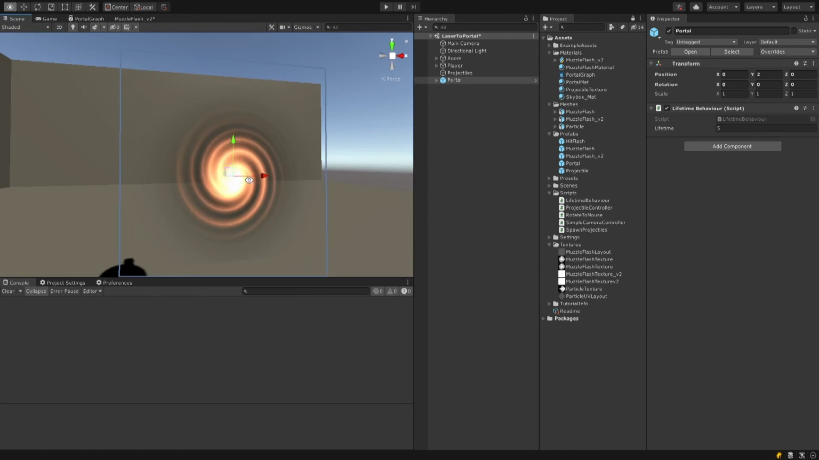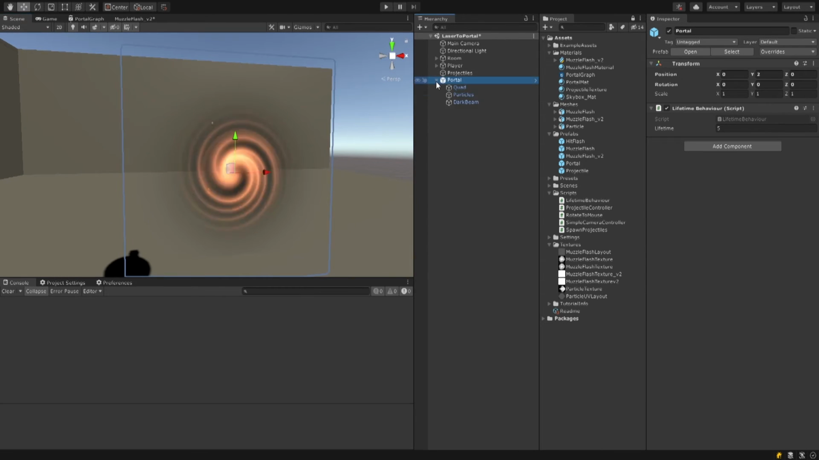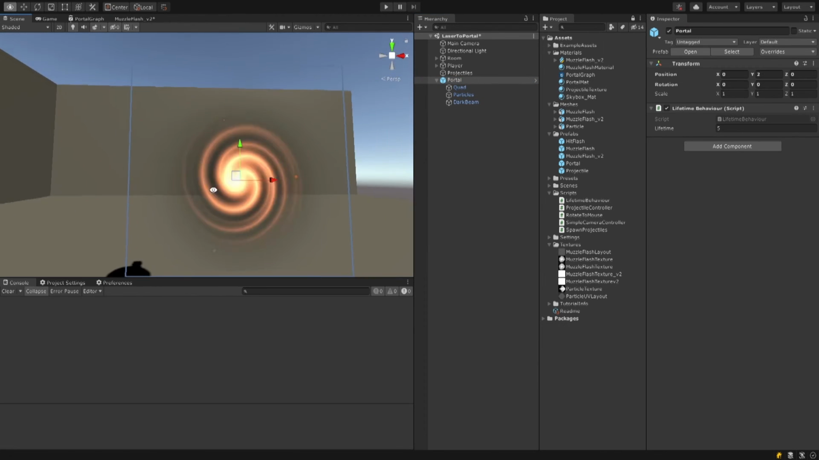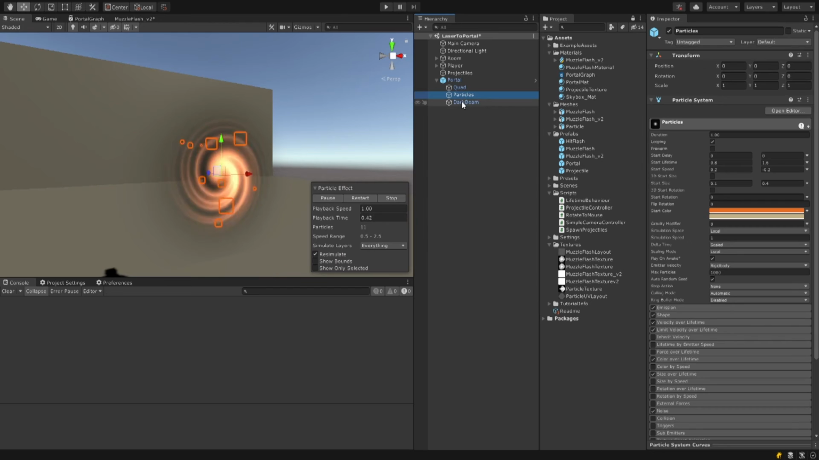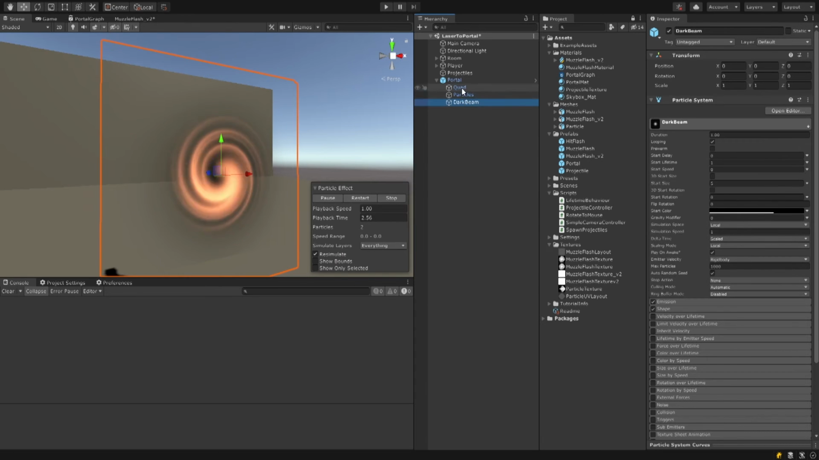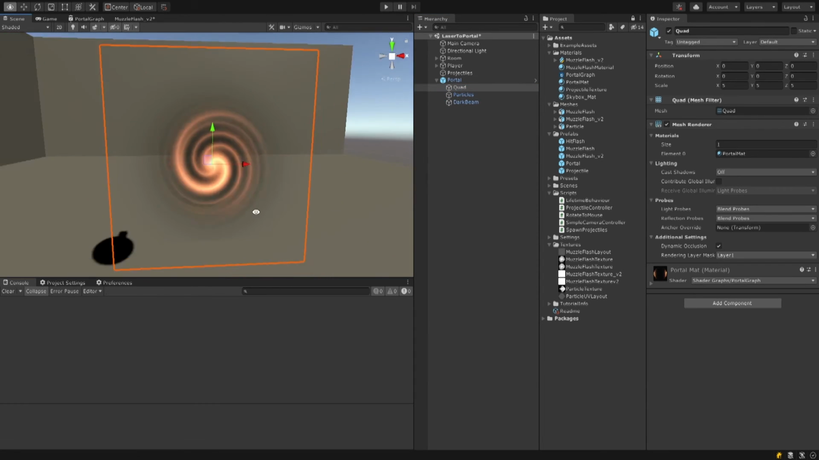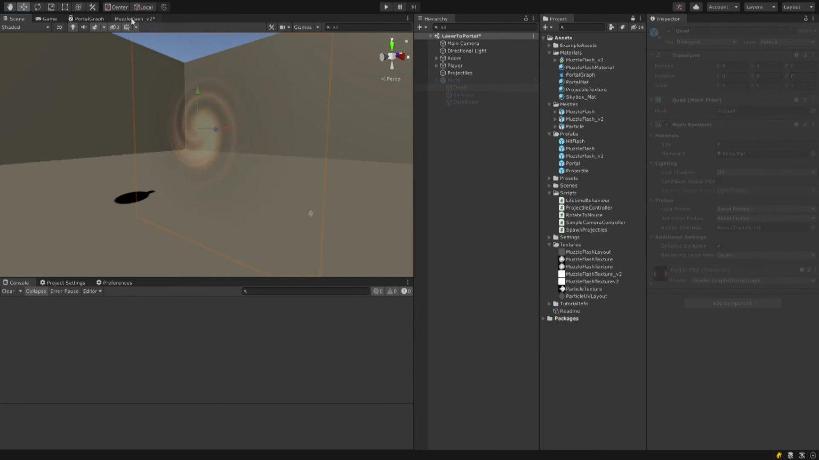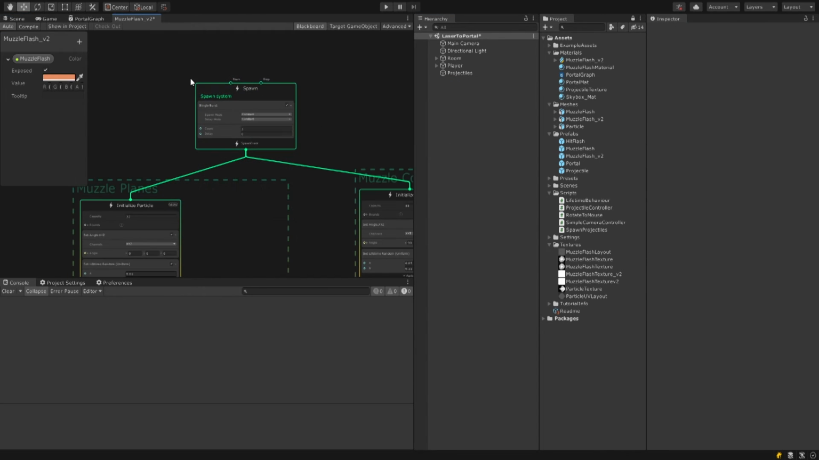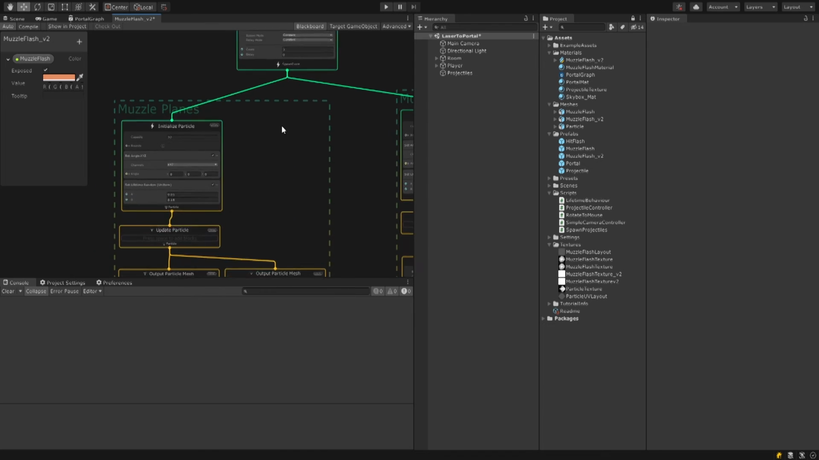It also has some extra particles that have nothing to do with the shader graph, but it is there. Some particles there, a dark beam behind it, but the actual quad itself with the material is what has the portal effect. As for the muzzle flash, we start out with a simple spawn,